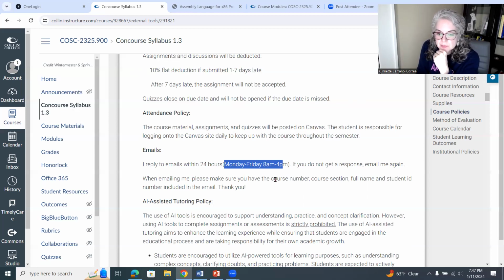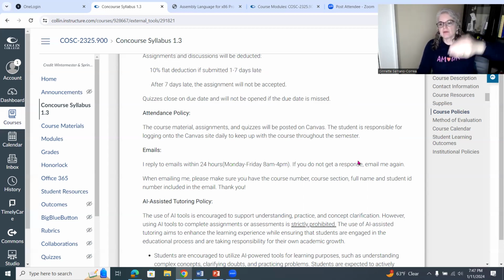When you email me, please put the course number and section, because I do have 2 sections of this course. Give me your name as it's on Canvas and your student ID. Sometimes students will give me the name that they go by, but then I go to Canvas and I can't find them, and it just takes forever. I have to go back and forth asking you, who is this? What's your name on Canvas? And it takes forever to help you.